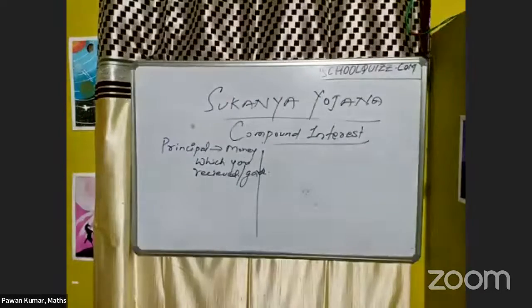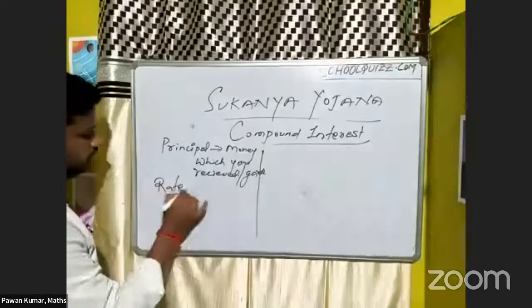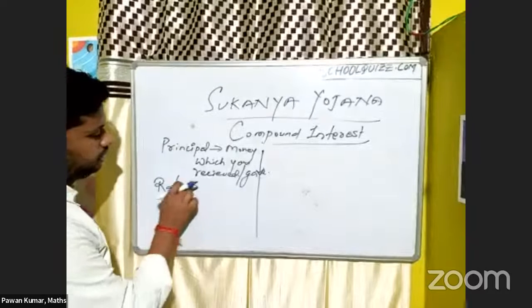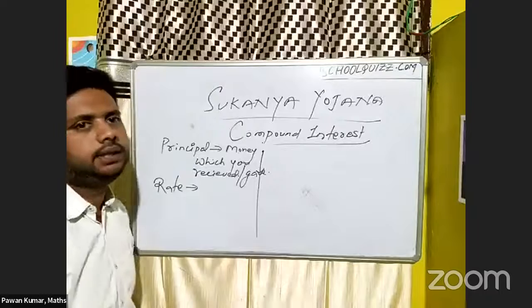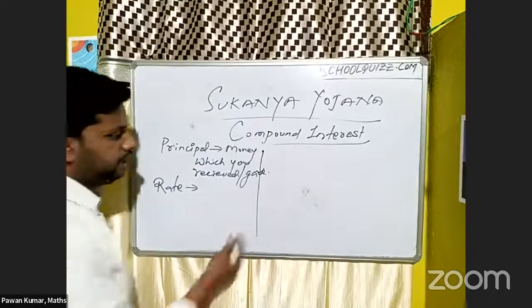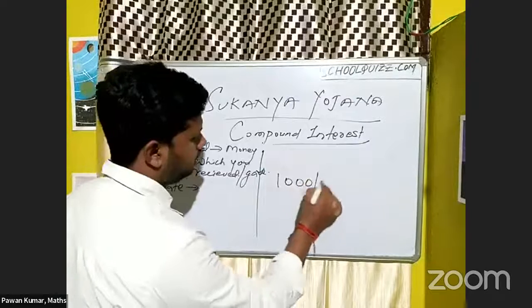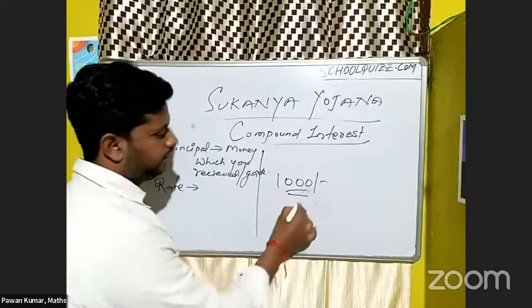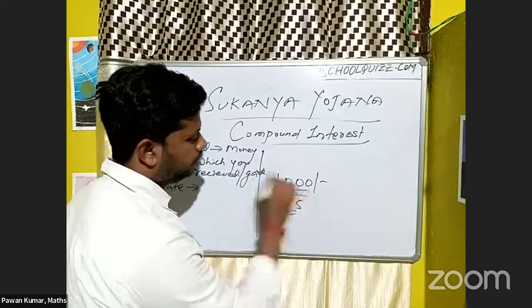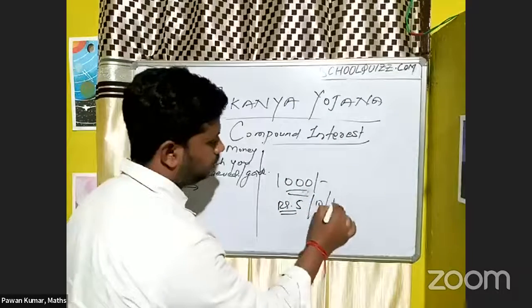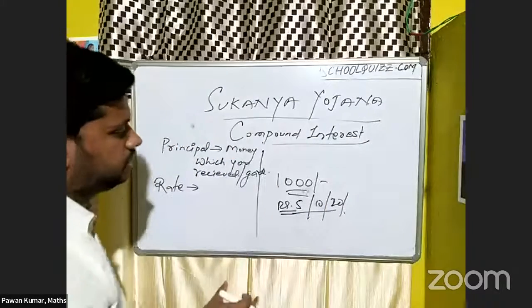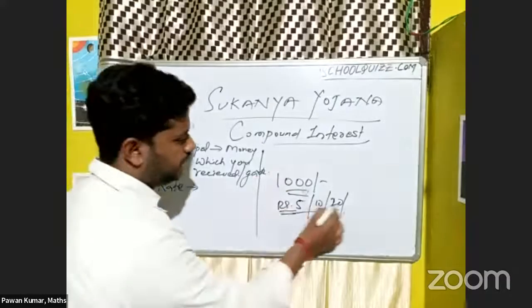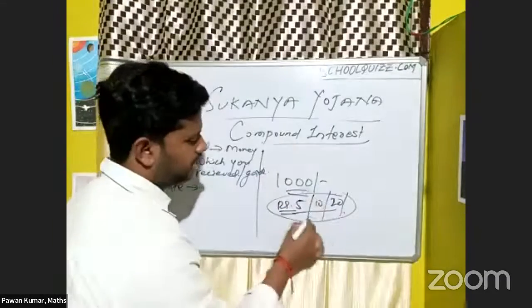Rate is on what basis you are giving the money to someone and on what basis you are taking interest. Suppose you gave 1000 rupees and you want 5 rupees for every 100 rupees, or 10 rupees for 20 rupees. You are taking some charges for that money, and those charges are called the